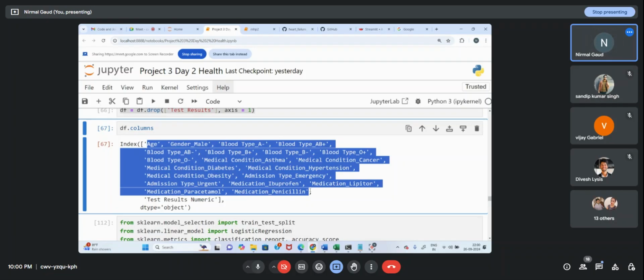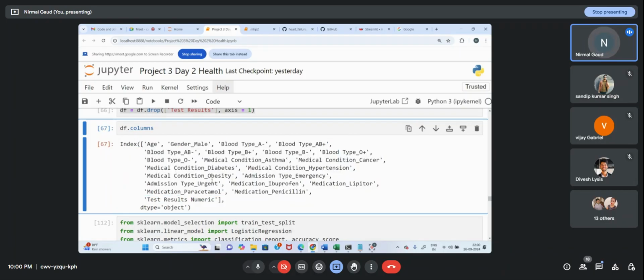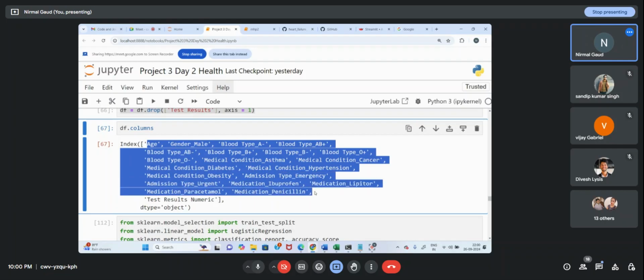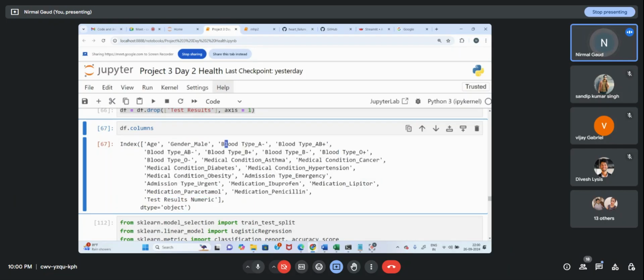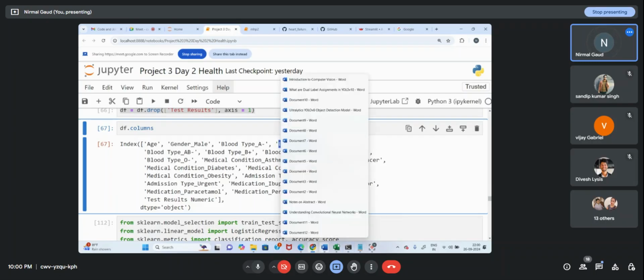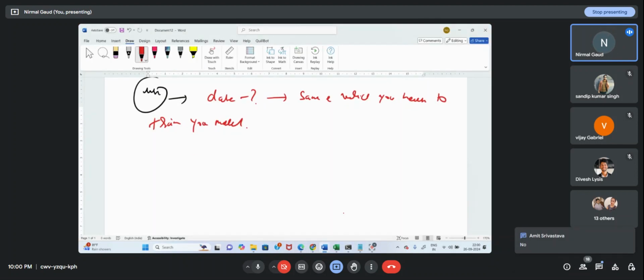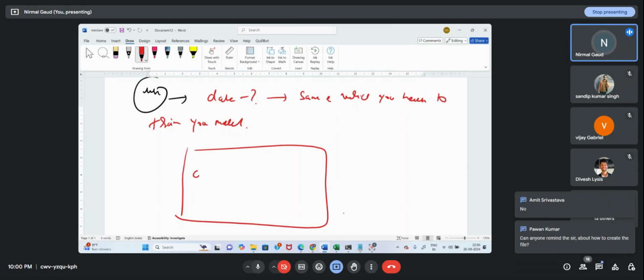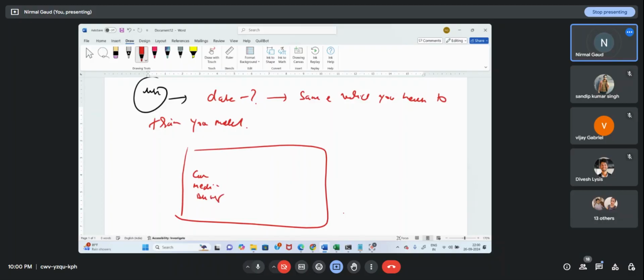But the question is, sir, do we ask the user to give this many? The user will put gender male, then blood type A minus. Sir, it's better now. You can do one thing, sir. It's better that you create a web page, and on this particular web page you can ask the gender, you can ask the medication, you can ask the blood type. If we create a separate row for each and every input, then it will be